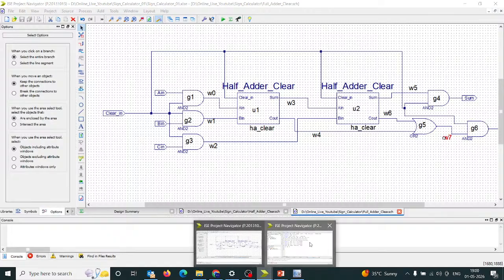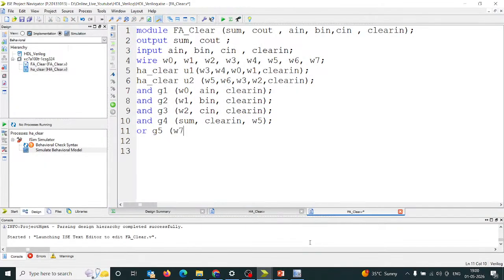And then you have another AND, G6, and the output is